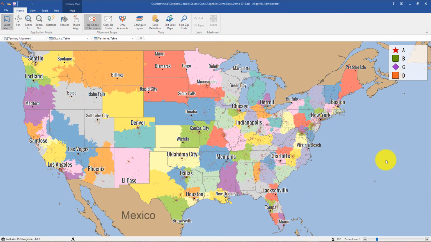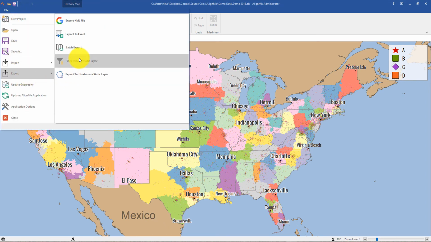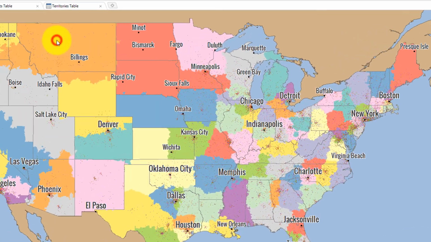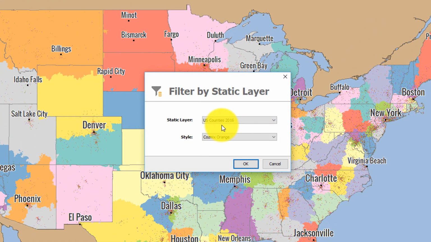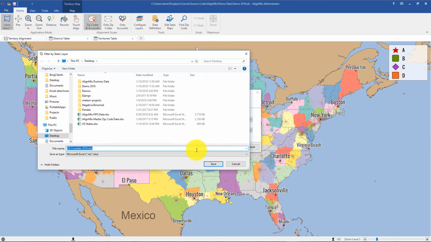So now I'm back in AlignMix, and I'm going to show you this filter by static layer feature. I'm going to go to export and select the filter data by static layer, and I'm going to select US counties. So you can do it by any static layer, and the style is going to be Cosmix Orange. So what this does is it